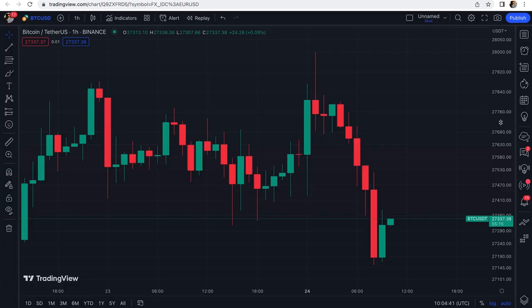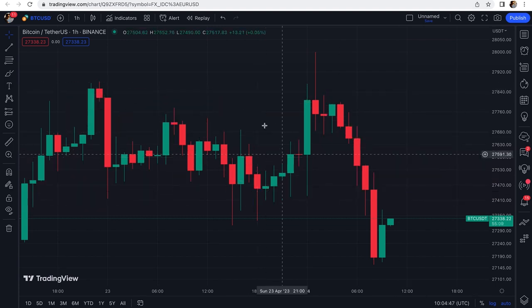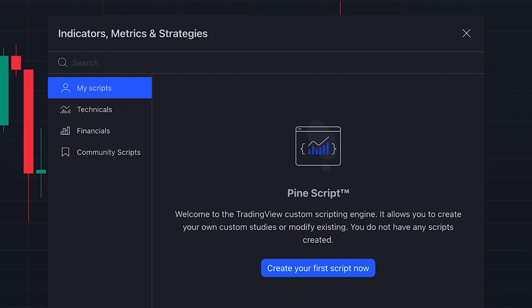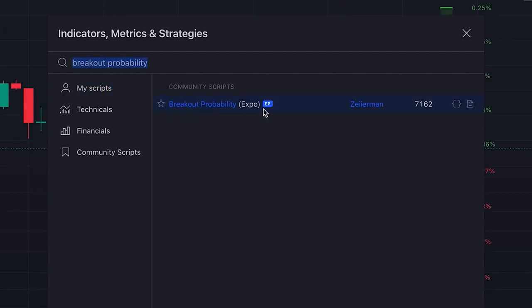In today's video, I want to introduce a very interesting indicator that makes forecast about next candle. To add this wonderful indicator to our chart, here we click on indicators and we search breakout probability. This one, which is an editor specs indicator, and it's written by someone named Zairman if I'm pronouncing the name